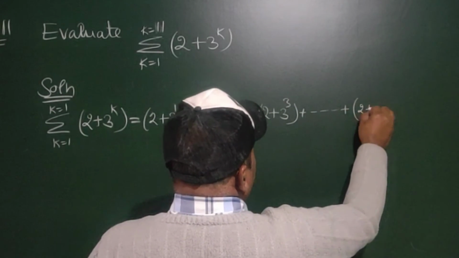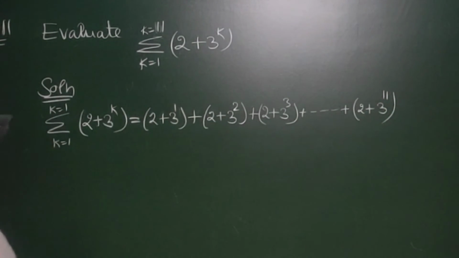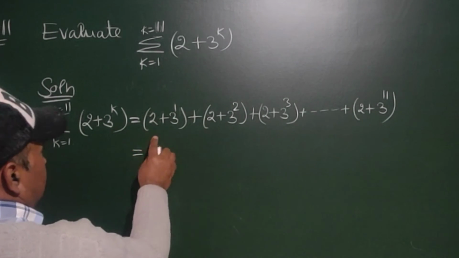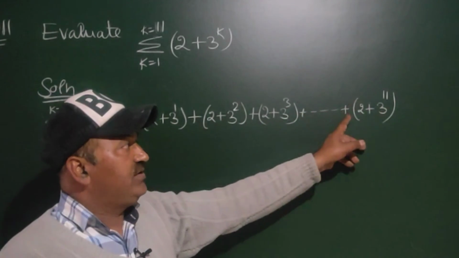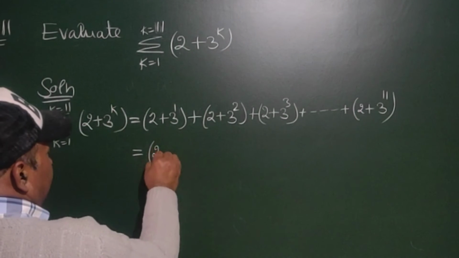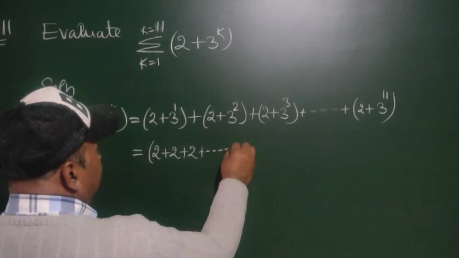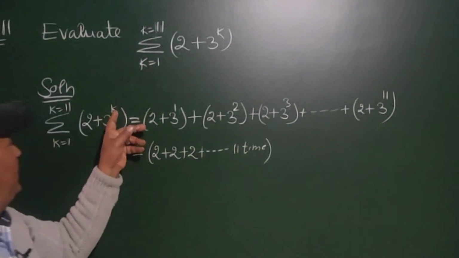At last, after putting k equal to 11, we get 2 + 3^11. That is further equal to 2 + 2 + 2 + ... up to 11 times, because the last value of k is 11,